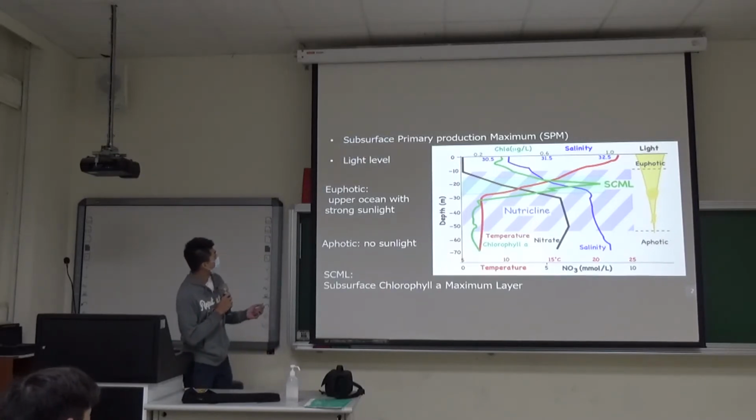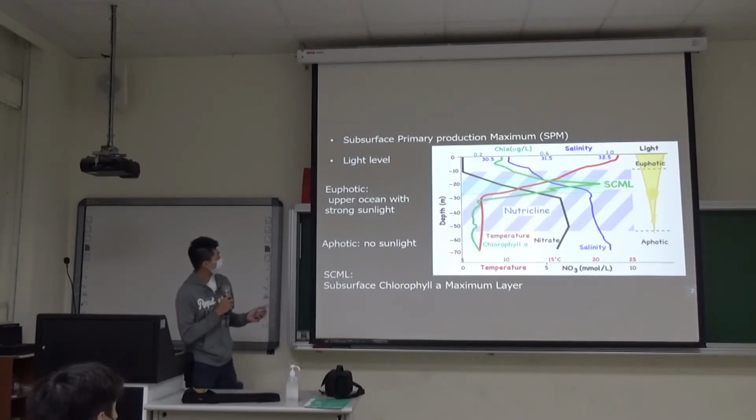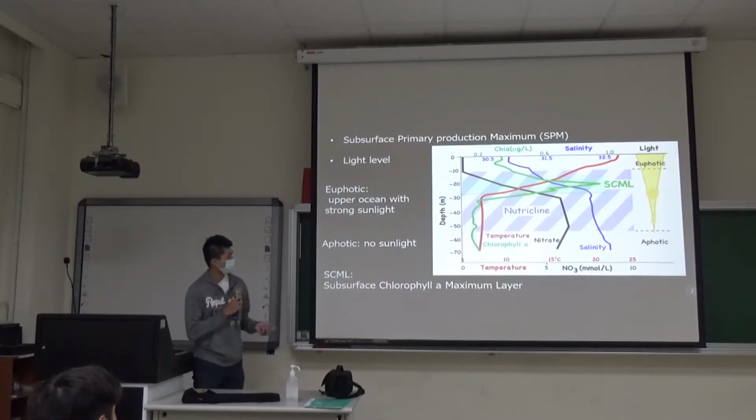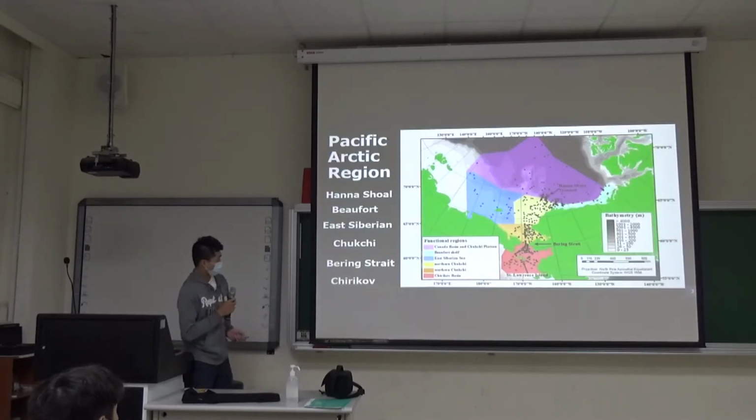The next thing is about the light level. The light will penetrate into the ocean. So at the surface, we have the euphotic zone, which has strong sunlight, but in the aphotic zone there is no sunlight. And the region that we have to mention in this paper is the Pacific Arctic region,